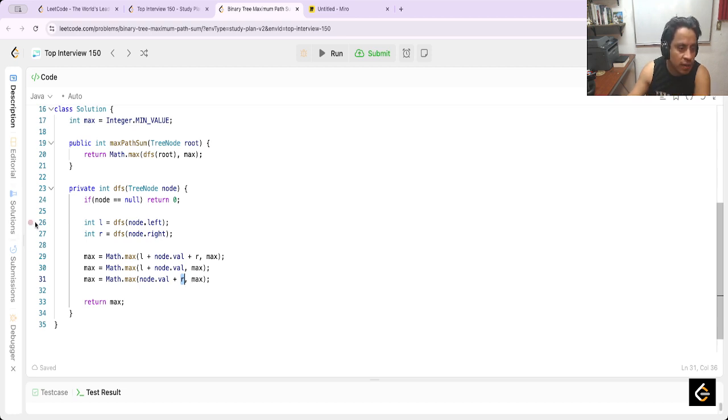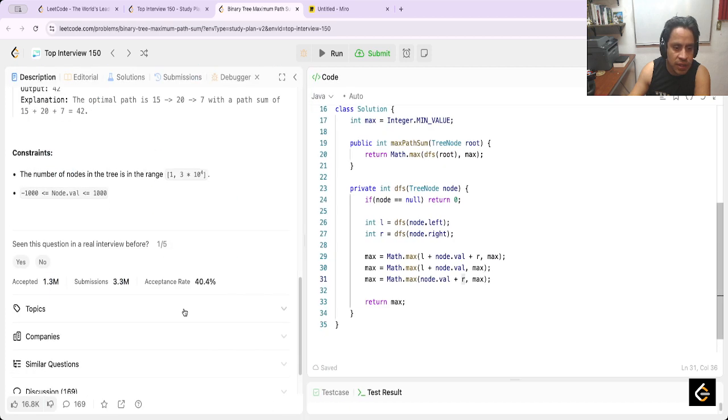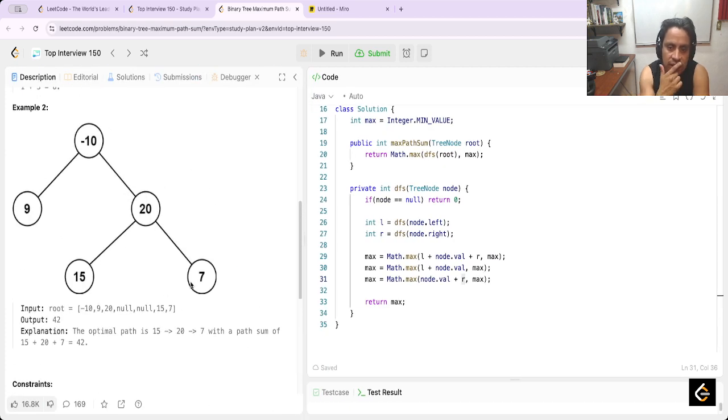Why? Okay, let me check the example. This starts with the root. It's 10, it's not null, no. The left, go to the left, go down here. Now it's 9, it's different, it's not null, no. Go to the left, it is null, okay, return 0 for L. The right, return 0, and